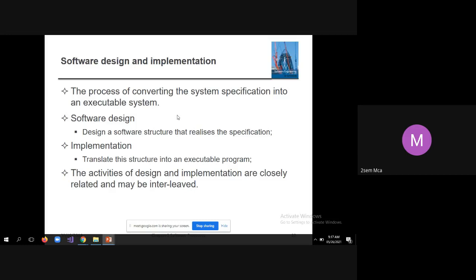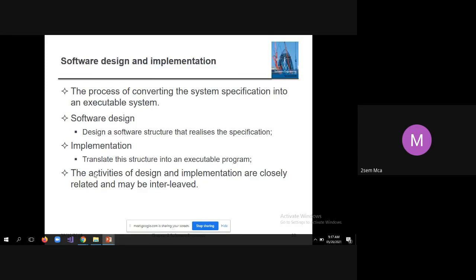It is not like that. Validation should be done for the requirements document also, to see that you have documented all the requirements and all the requirements are valid. Then once you come up with the design, you should validate the design, whether the design is proper or not, whether the design is implementable or not, and whether the design is consistent with the SRS document or not. That is also validation.